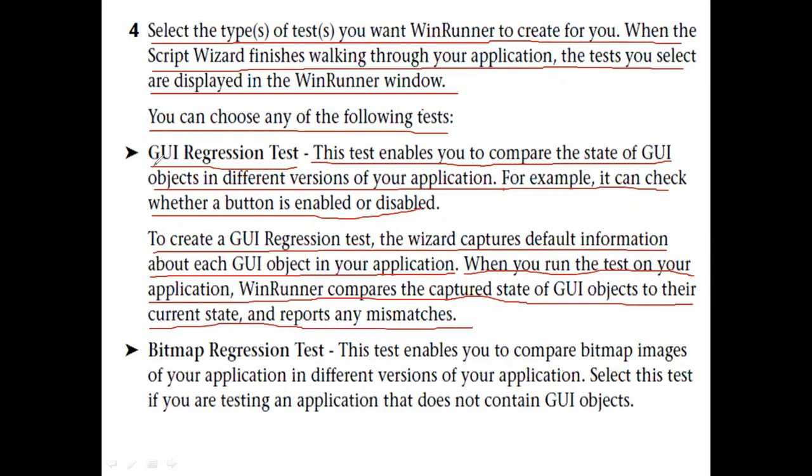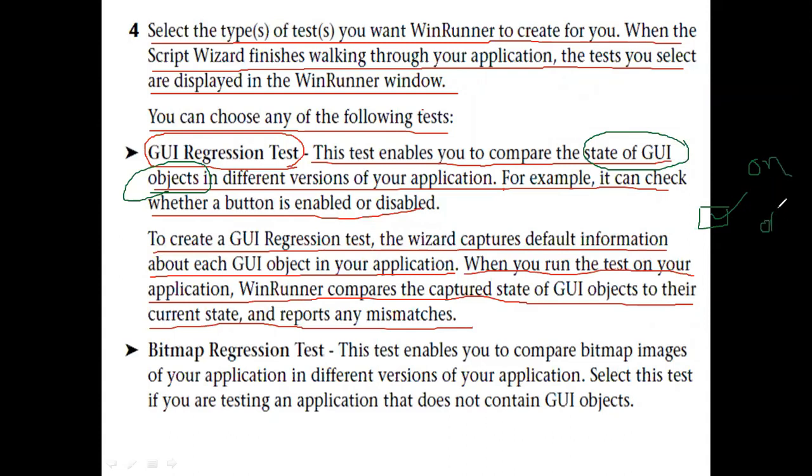Okay, what is the first one? The first test is the GUI regression test. In this test, you are going to compare the state of GUI objects. What are the states of GUI objects? For example, this is the checkbox. Now the initial state is on or off.